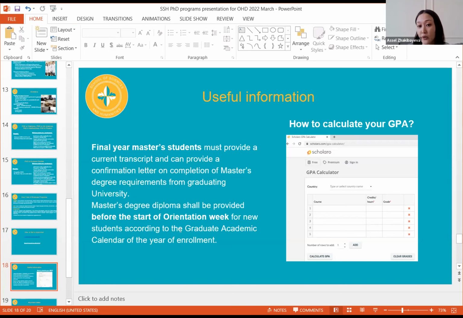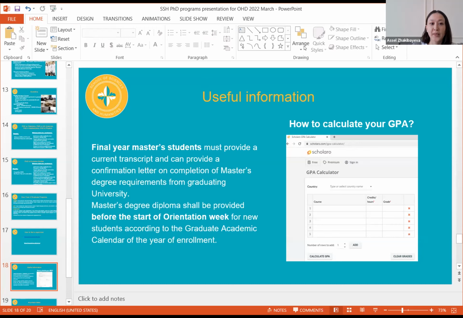You can put there your courses, the credits and the grades, and the site gives you rough information about your GPA. But don't worry if you are not sure about this, because the admission department will check your transcript anyway and screen it, and you can just leave this point within your